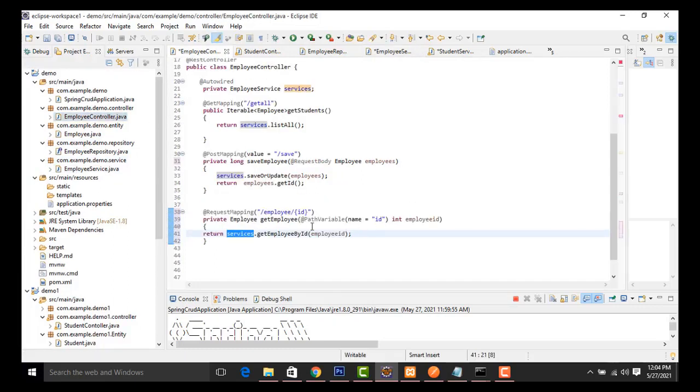What is the ID you are sending here? It's a path variable, right? So here it is getting the ID to the service. The service will be sending it to the repository. The repository will be sending it to the entity. Entity means it's a database, right? It's a model schema. Okay, whatever ID you are sending, the record matching that particular ID should be displayed. Okay, so let me